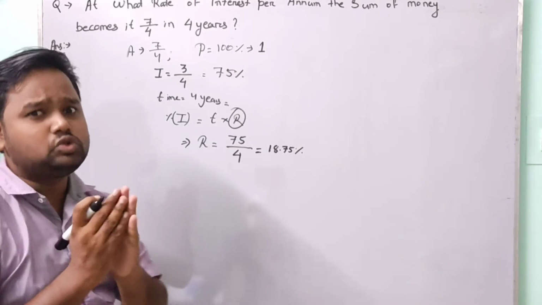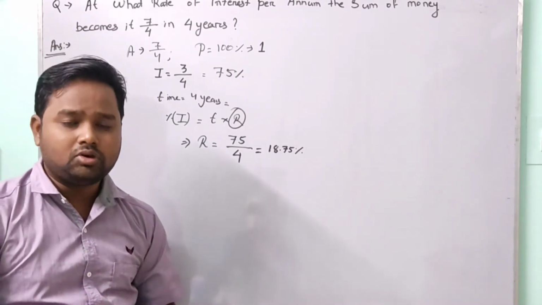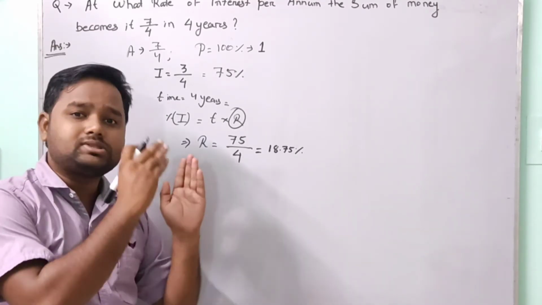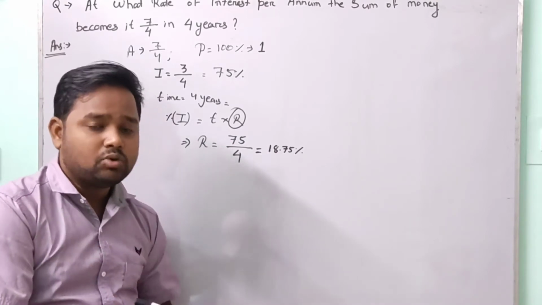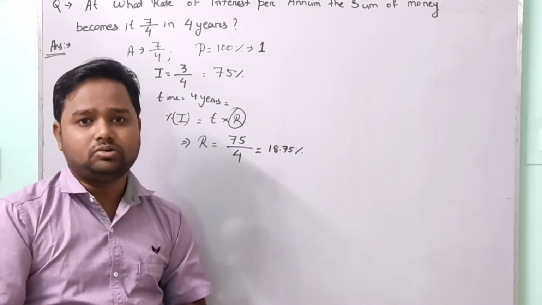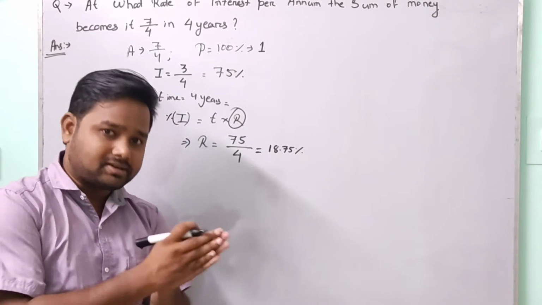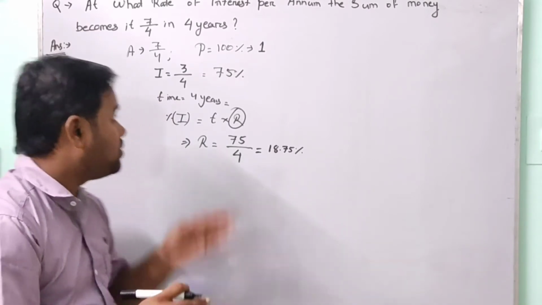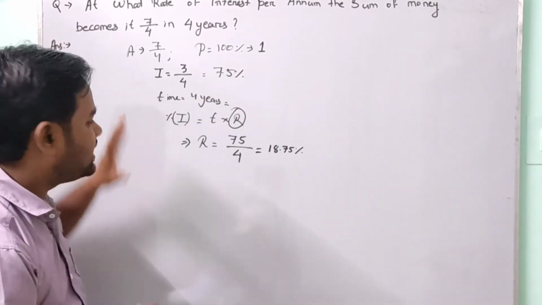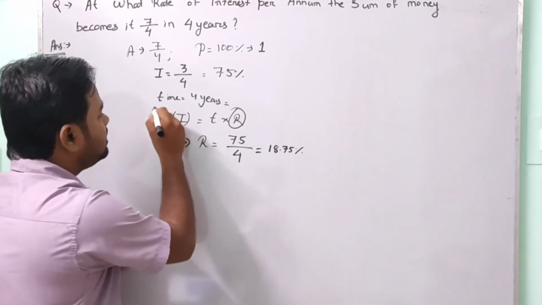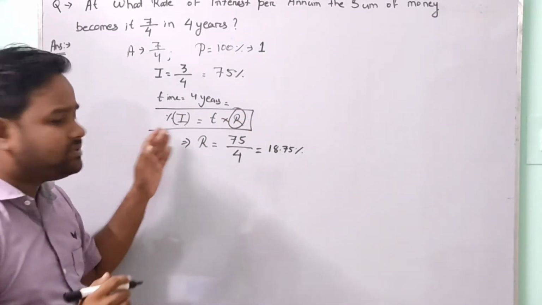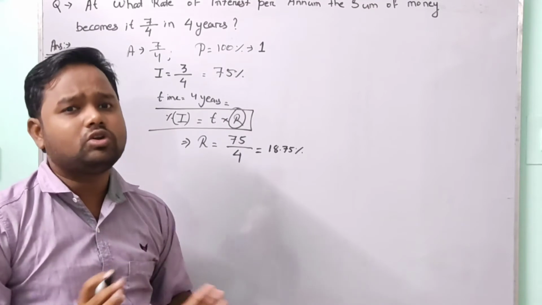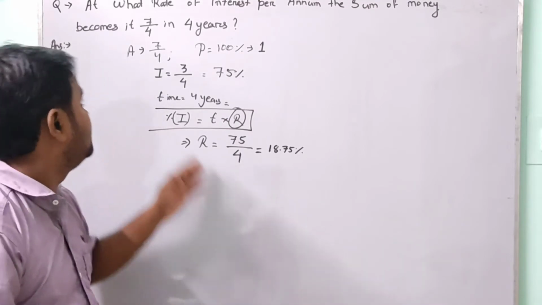So here, only to read the question and what is given to us, we have to think, and we have to do just 2 or 3 lines, no more. We only have to think what the question is asking, and within this we have to think what we have to do, whether it is converted from percentage to decimal or decimal to percentage. After that the answer is very easy. Here we have only used this formula, percentage of interest is equal to T into R. So no need of doing anything. Okay, this question is over.